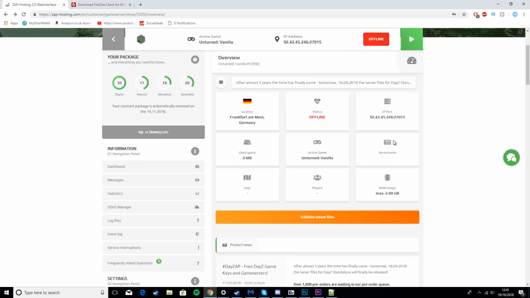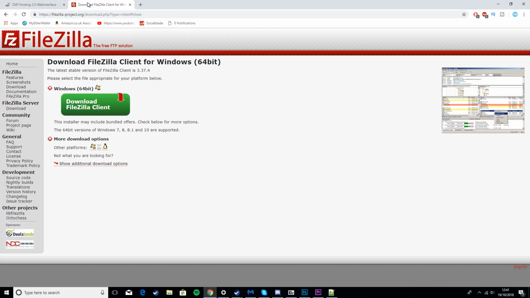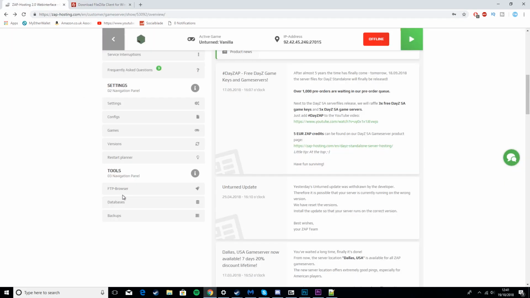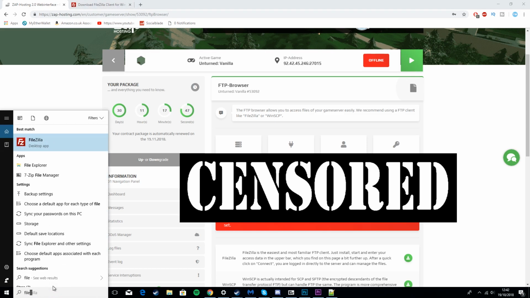So then what do you do next? How do you add it? Because as you can see, you can't just click on server name and change it. Well, what you have to do is download FileZilla, a link in the description to FileZilla, and then you want to go to FTP browser. Now, I've got this covered, as you cannot give this away. It basically means anyone can edit the files on your server if you give this away, so make sure to keep this covered. But then what you want to do when you've got FileZilla, you want to open it up,